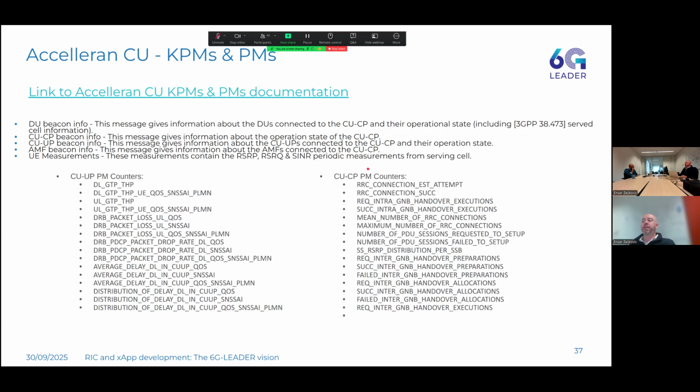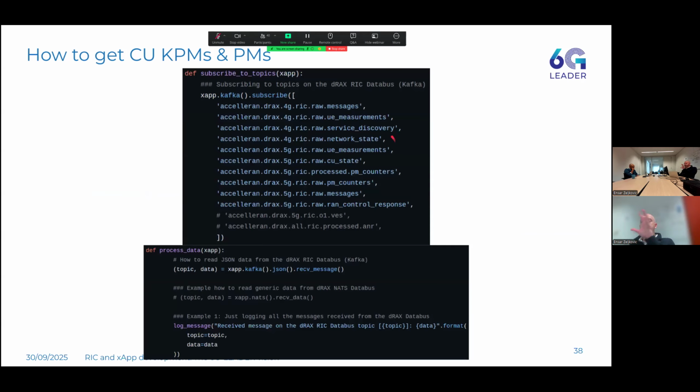And from the CU-CP, the control plane, we also get counters such as how many RRC connections were established, how many were successful, how many failed. Likewise for the number of handovers, PDU sessions, all these different kinds of metrics that you can get your hands on and utilize as KPMs in your network. This is just a quick slide, but we'll get to this in the live demo on how we actually get these. There are ready-to-go abstractions in our SDK, which make it very easy to collect this kind of data.